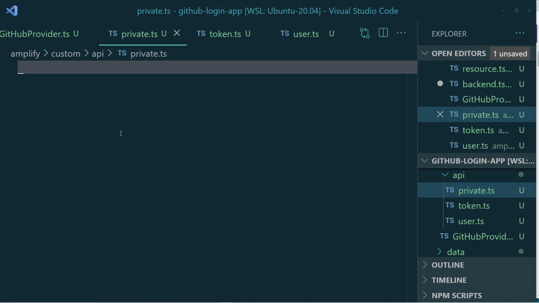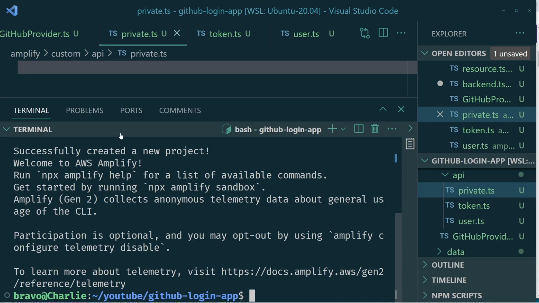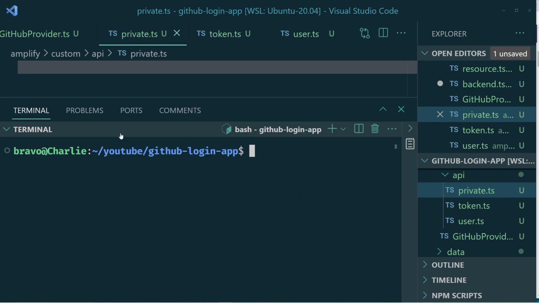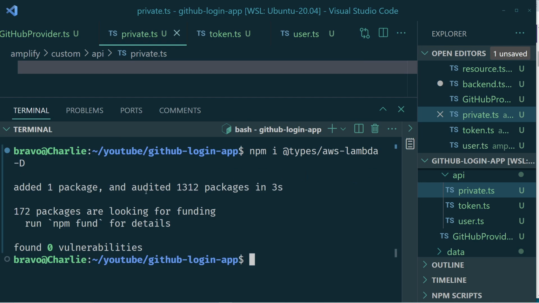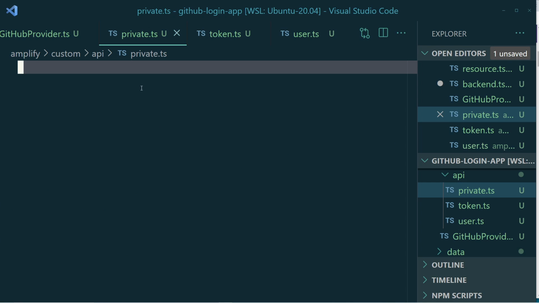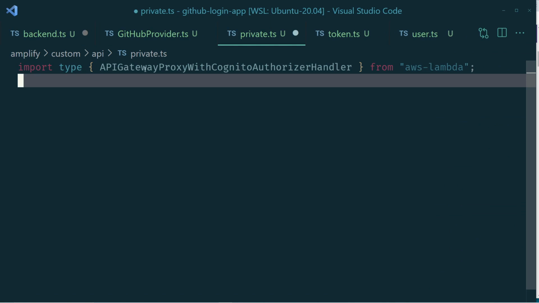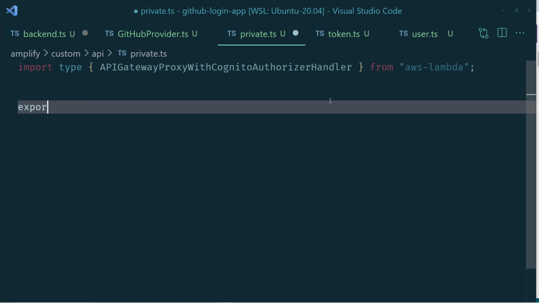One thing we need to do first is we need to get types. Every time I deal with Lambdas, I want to have the right types. So I'll install that real quickly. Let's do npm i @types/aws-lambda, and we can put -D, so that's a development dependency. All right, so let's see if we can import this in. I'm going to copy and paste this from my other screen. This API gateway proxy with Cognito authorization handler just makes it a little easier to create